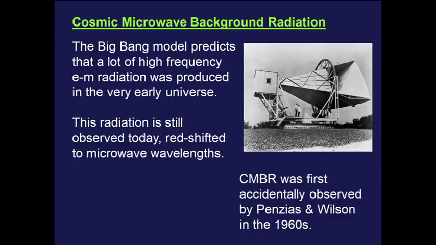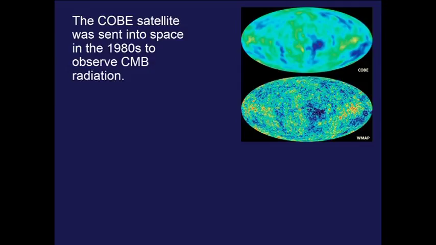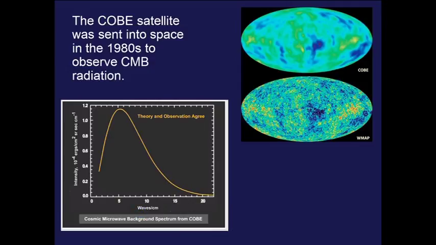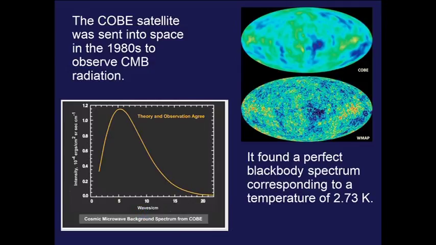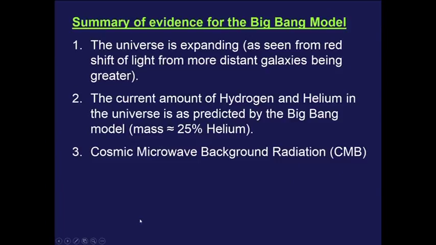And over time, as the universe has expanded, that high frequency, short wavelength radiation should have now expanded to the microwave level. And indeed, when you look up in the sky, there is pretty much in every direction a very even spread of this cosmic microwave background radiation, which is coming from all angles. And so as a result, we can say that the cosmic microwave radiation is just the third piece of evidence. We've got redshift, we've got the relative abundance of hydrogen to helium, and we've got cosmic microwave background radiation.